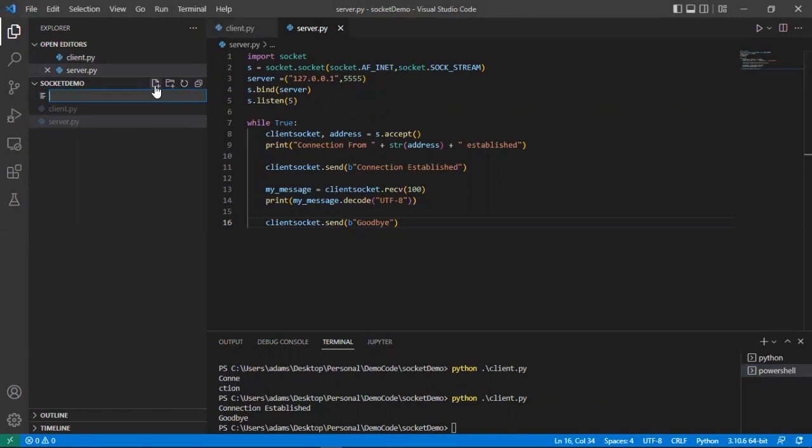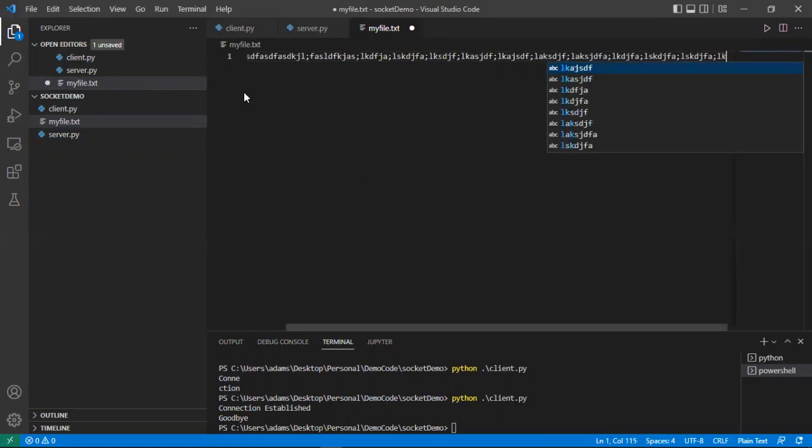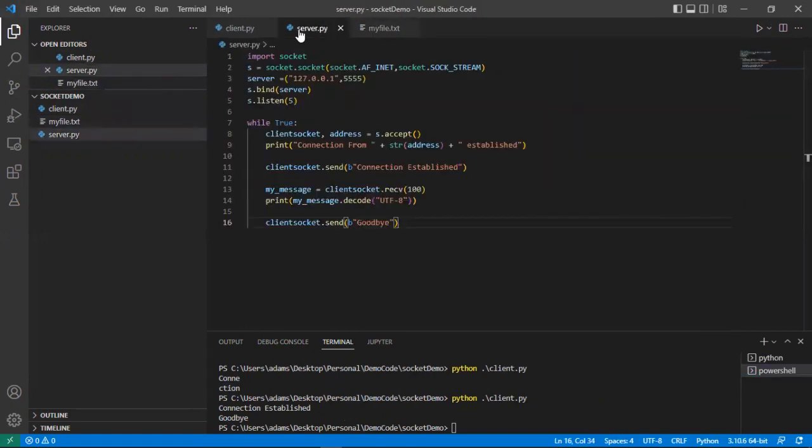So let's say there's a file you want to get from the server. We'll just call it myfile.txt. And inside of here, we'll just put in a bunch of garbage. Doesn't really matter what's in here. So on the server side,